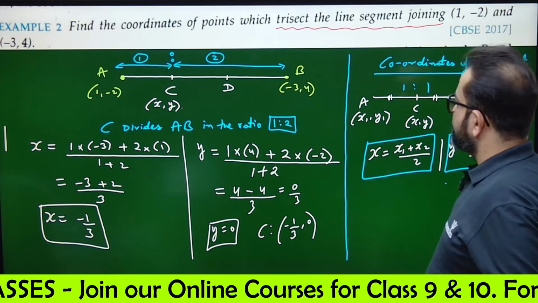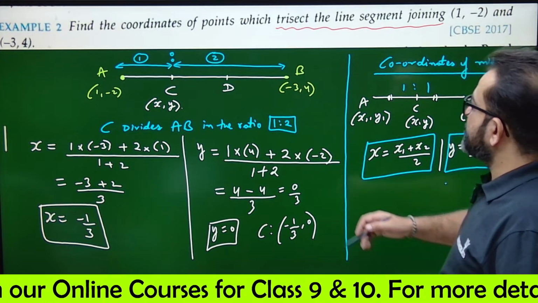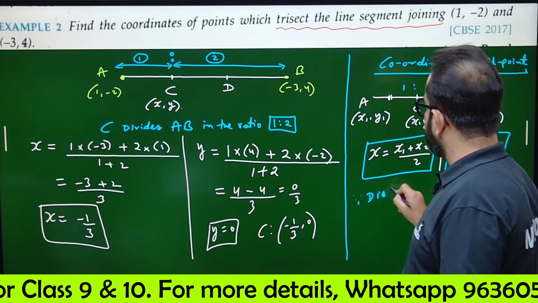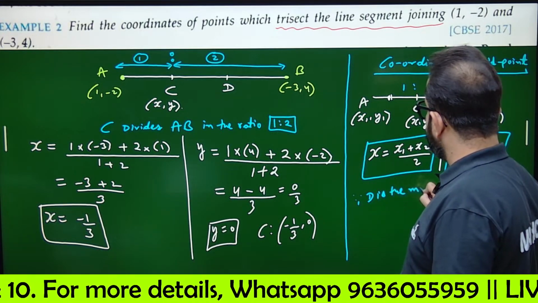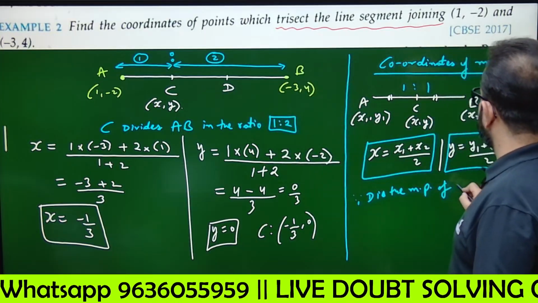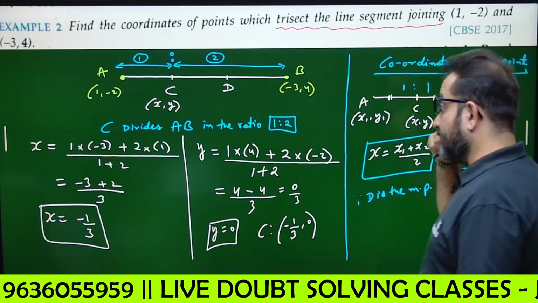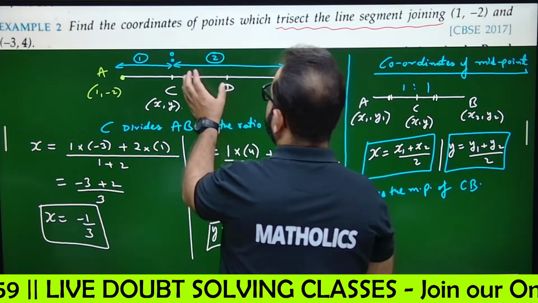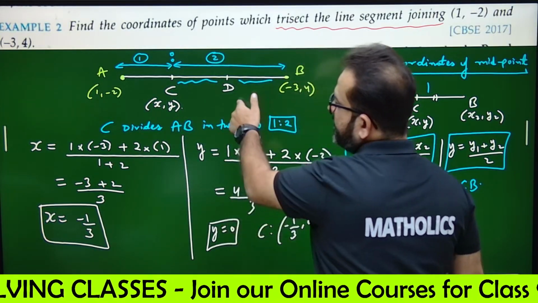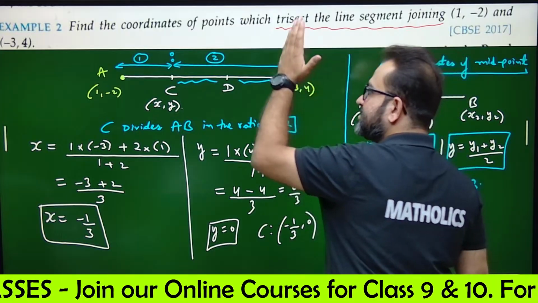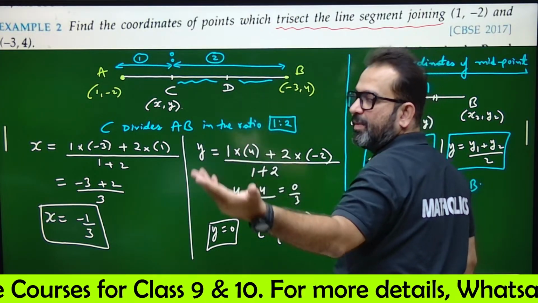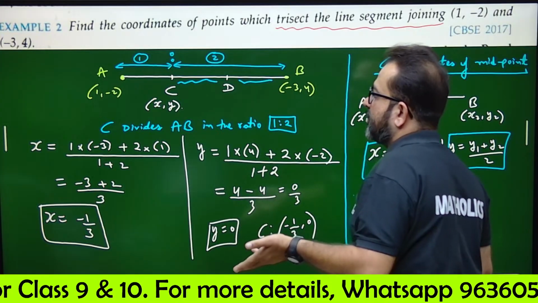So I will write what? The coordinates of D, if I have to find out. We'll say D is the midpoint of CB. Yes or no? Can you see that D is the midpoint? This part is equal to this part is equal to this part. So can we say D is the midpoint of CB? We can find it by the section formula also. If D is there, the ratio will be 2 is to 1. That way it will be lengthier. Why make it complicated?